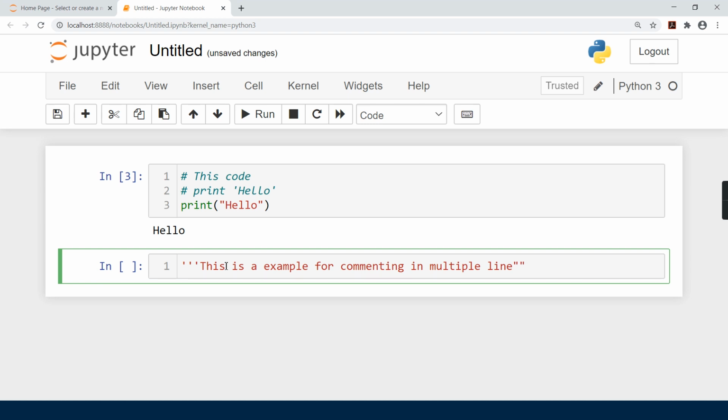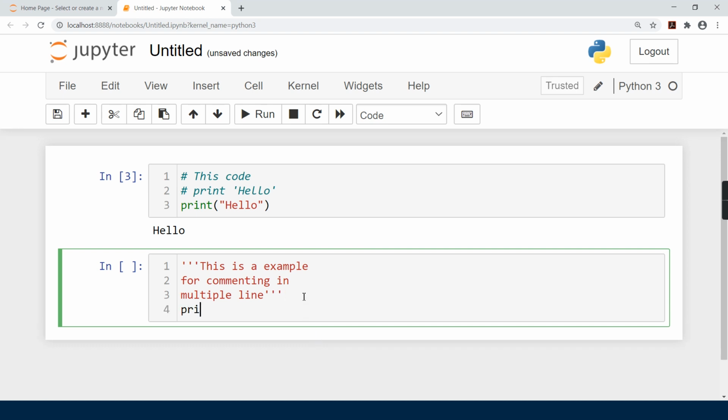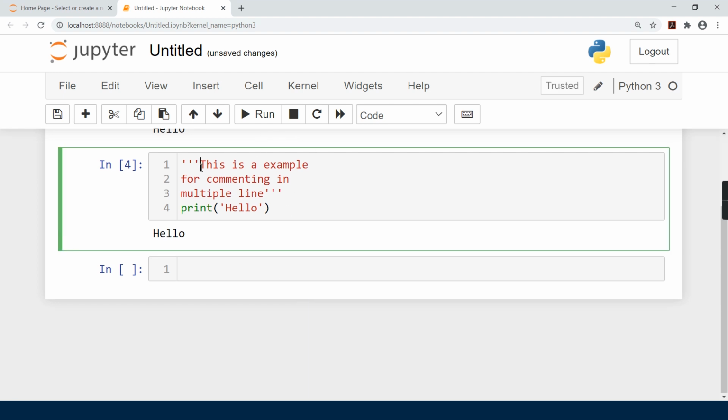I also write this, and let's say I split it into multiple lines. And let's write out again the same thing, print hello. And I run this. You can see we can write multiple lines in triple quotation marks,